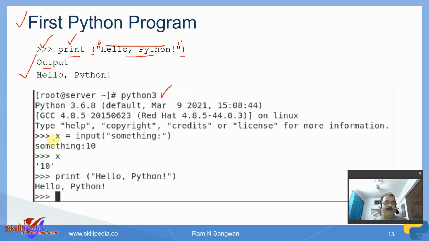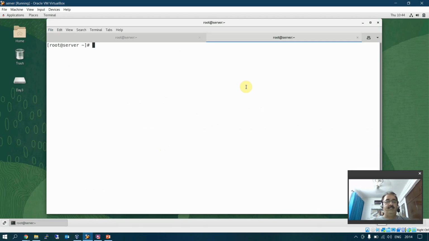And then I took a variable also. Look at this here, x is equal to input something, and that means it will display you something. Let's do this. Actually, this is a very good example. x is equal to input something. Let's try this. This is taking away time, so let's start Python 3.